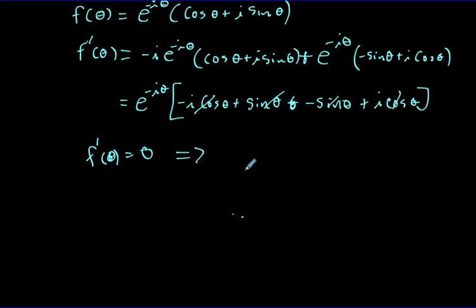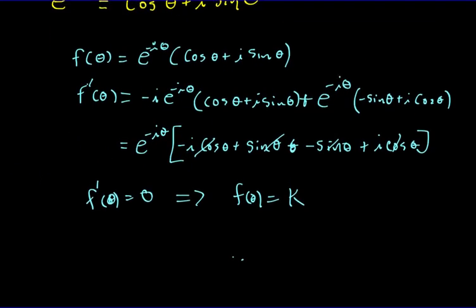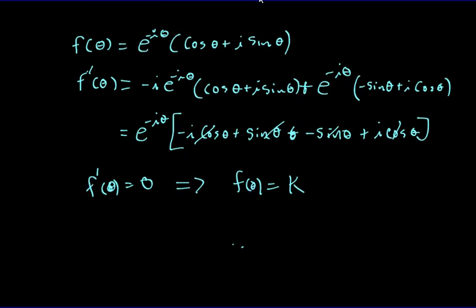What does this imply? This implies that the derivative is 0, which means that the whole function f of θ is some constant number k. So for the whole function, no matter what, it's constant. So we're going to figure out what that constant is. I know that f of θ is equal to k, then I know that e^(-iθ) times (cosine θ plus i sine θ)